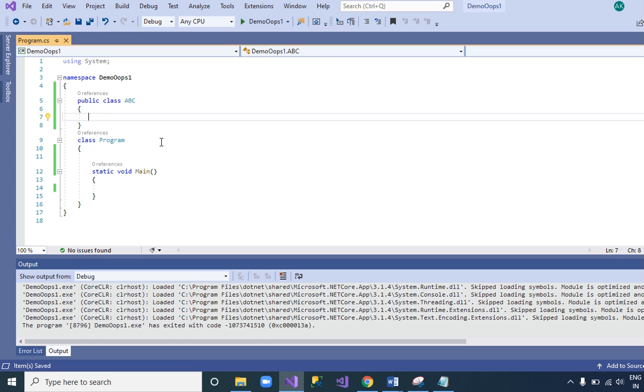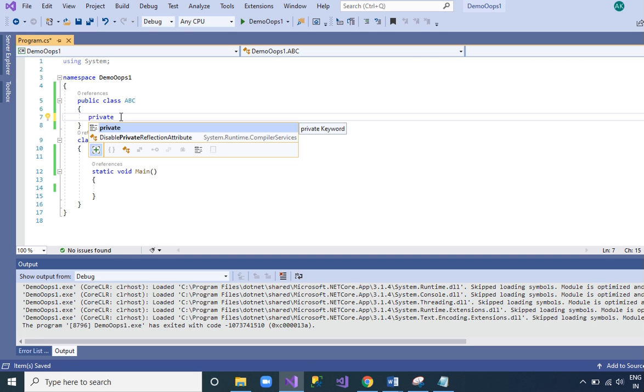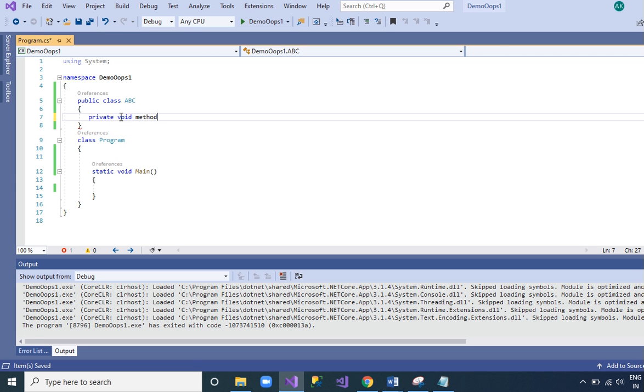In the Visual Studio you can see that we have two classes. One is public class ABC and one is class Program. In the class ABC I would like to declare some methods. The first method is private void, and we can give the name of this method private.